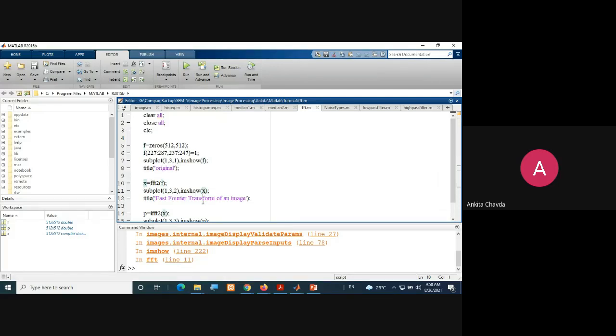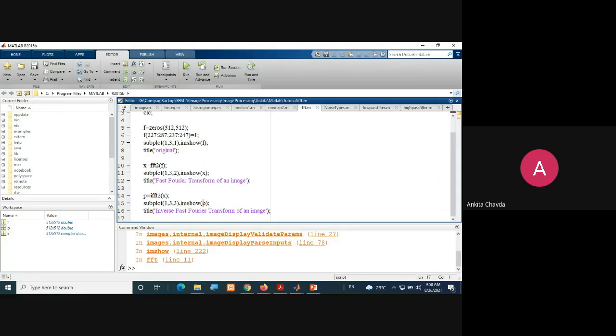Then I'm taking the inverse of it, so I do IFFT2 of x, and I get my original image back in the spatial domain in variable p. First we apply the discrete Fourier transform, and in the second step, I'm doing the inverse of that.